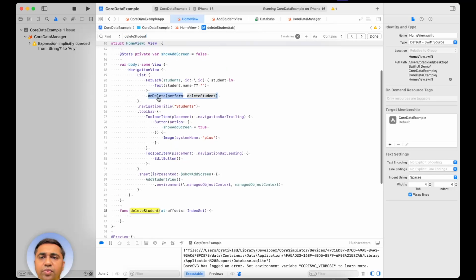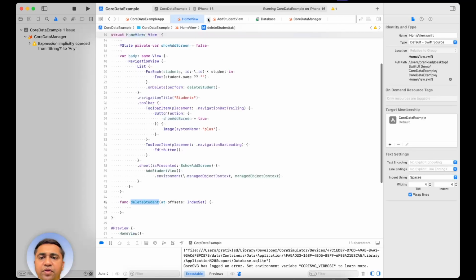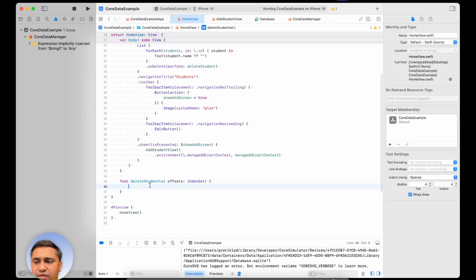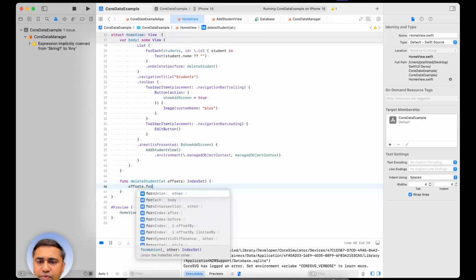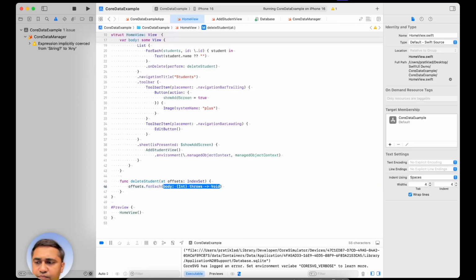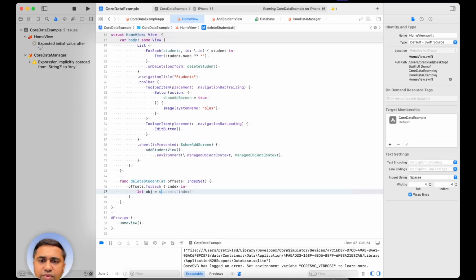That is called from here. So here we have received offset, so using offset.forEach index, we have received the index. Now let obj equal to the student object, students of index. Okay, now we have the index object, and we already have the managed object context, so managedObjectContext.delete, and